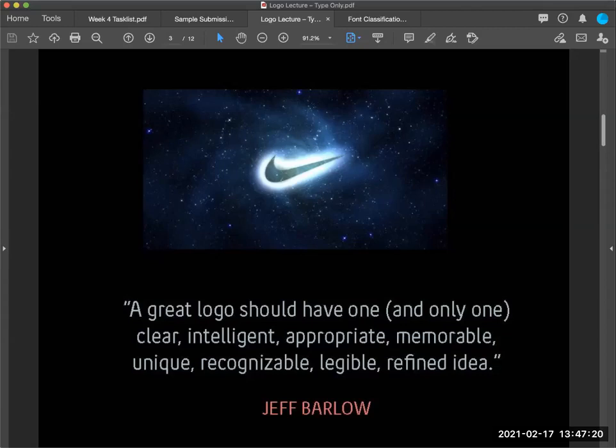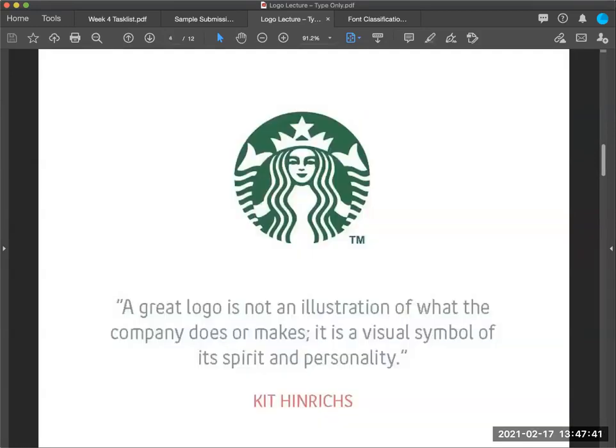And although there was great thought behind the meaning of it, if we look at it from just a form base or just the shape of it, it seems kind of simple. And logos should be simple, but they should also have great meaning behind them and a great purpose behind them, not just an abstract mark to call it a symbol.